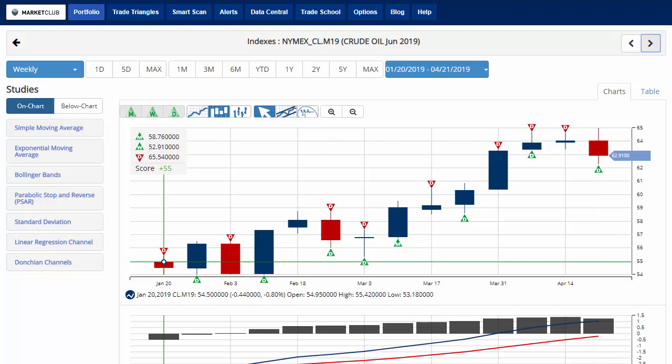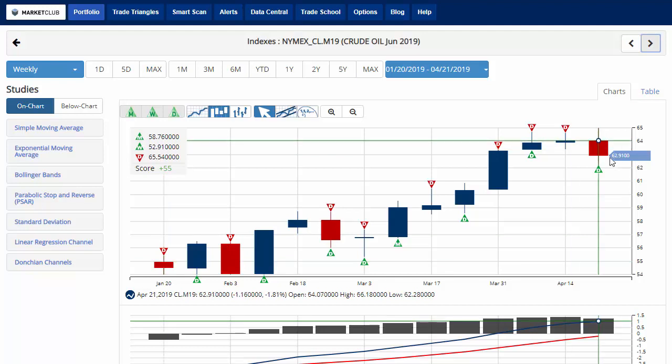Take a look at crude oil, which had been marching until President Trump again put pressure on OPEC to raise crude production to ease gasoline prices, which has pushed it down over 3% on the day today, and overall will push it down almost 2% on a weekly level to 62.91 with a chart analysis score plus 55,